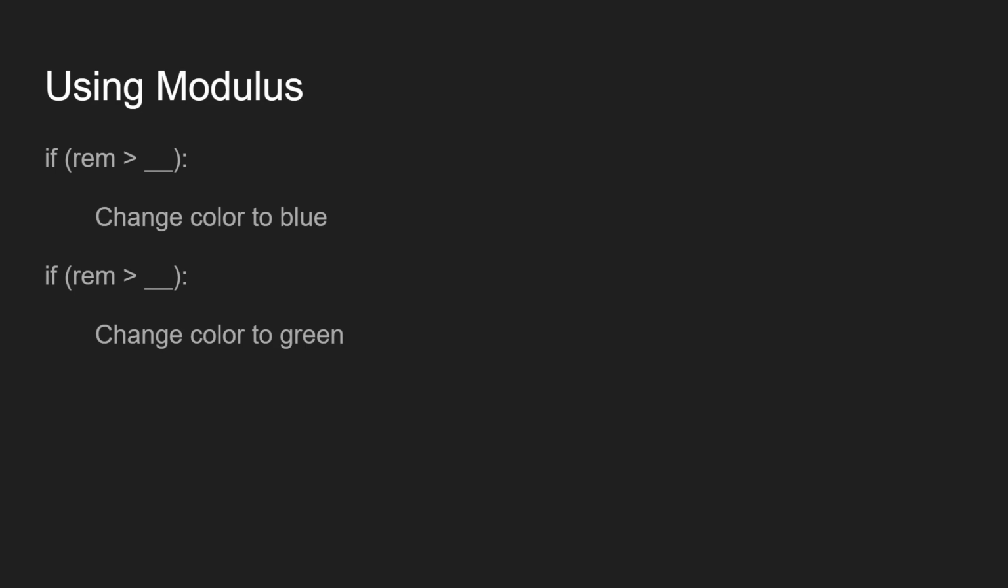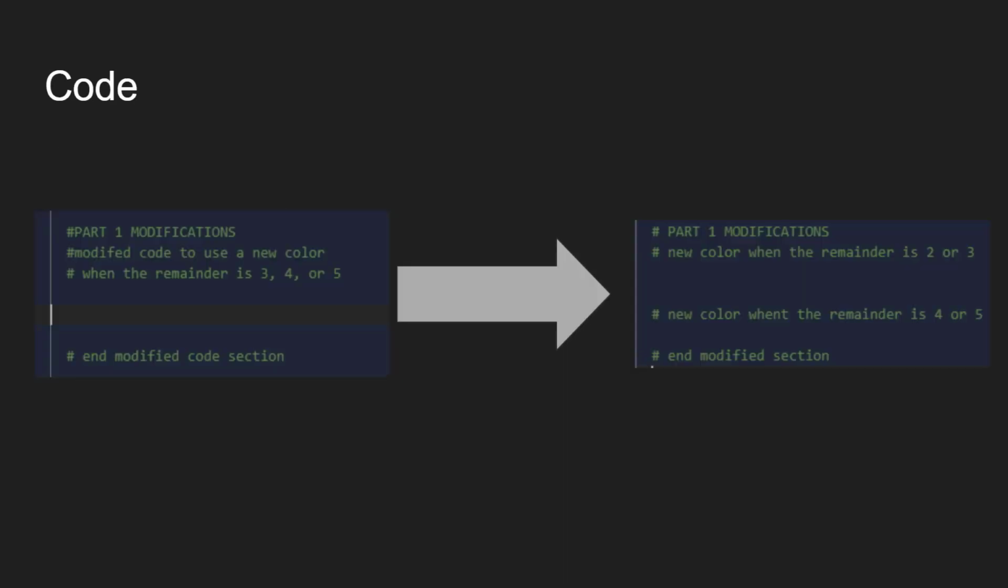To do this, we will add an additional if statement. Your first if statement will change the color to blue. Your second if statement will change the color to green. To do this, your code, as I stated, will modify part 1. So rather than have the code on the left, you will now use the format